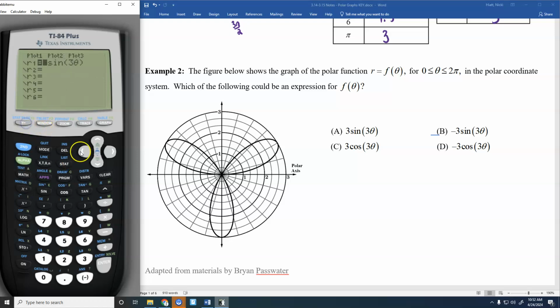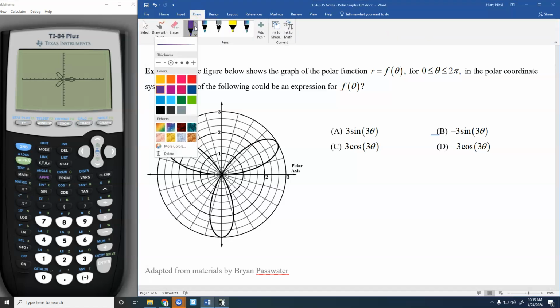Because if I go over here and do like a cosine instead, you can see the petals adjust differently. If it was calculator active, you could just type these in and graph them. I don't think you're going to see it calculator active though, because that would be too easy. So if you see something like this and it is not calculator active, your best bet is to think about plugging in